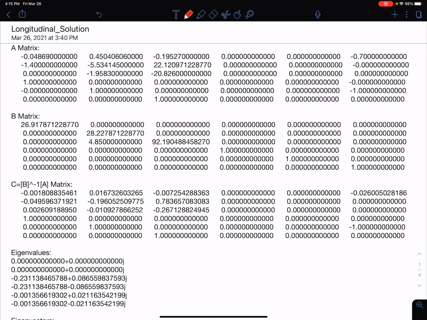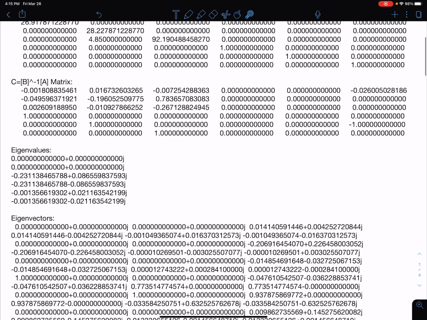When I plug those in, this is my A matrix up here, my B matrix right here, and then I do B inverse times A to get this into the special eigenproblem, because I'm using Python and the eigensolver I use by default just accepts a single matrix. So I call this matrix C, and I plug that into my eigensolver. This is the actual matrix going into my eigensolver, and out from that, I get eigenvalues and eigenvectors.